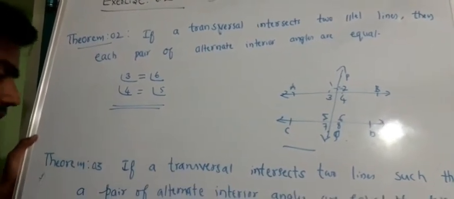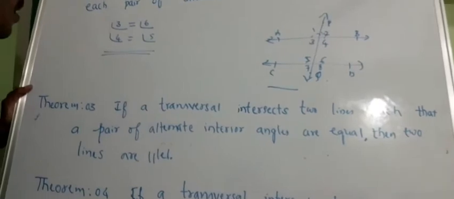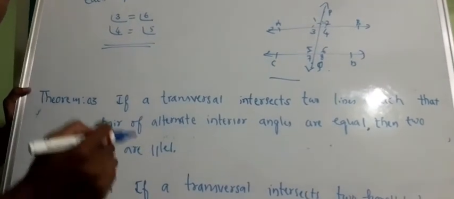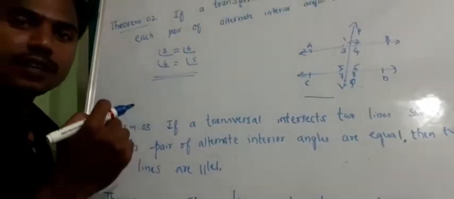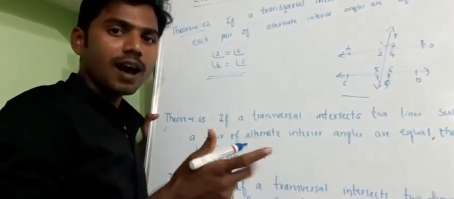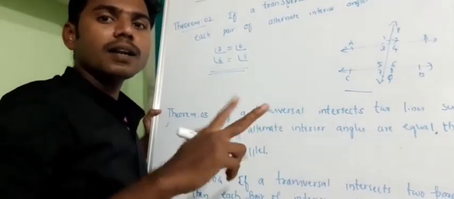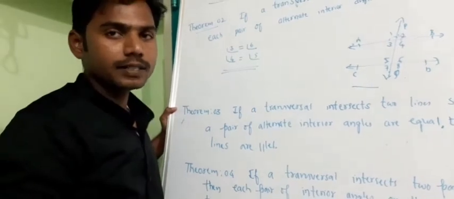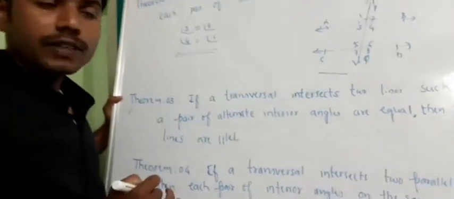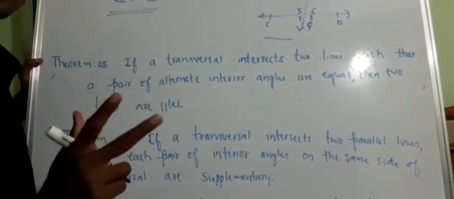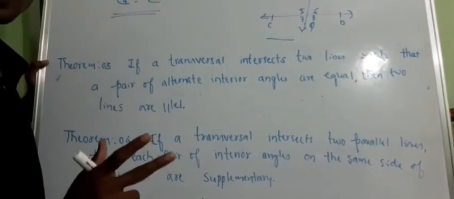So, what does theorem 3 state? It's a converse of theorem 2. What was theorem 2? If a transversal intersects a pair of parallel lines, then the pair of alternate interior angles are equal. In this case, what would be the converse? If a transversal intersects two lines such that a pair of alternate interior angles are equal, then the two lines